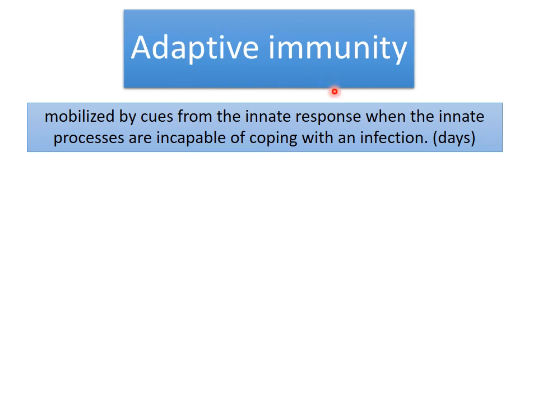The adaptive immune response usually occurs within days. So unlike the innate immune response, which is an immediate response, this is a slightly delayed response as compared to the innate immunity. The characteristics of the adaptive immunity are antigen specificity and immunological memory. The first characteristic is antigen specificity. Unlike innate immunity, adaptive immunity responds to a variety of antigens, each in a specific manner. Means adaptive immunity is antigen specific.